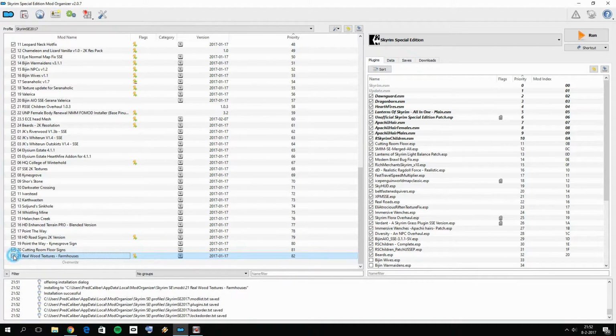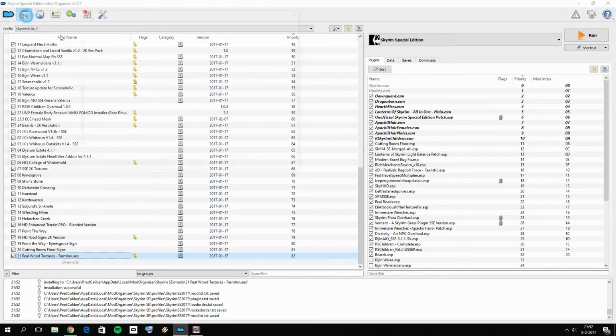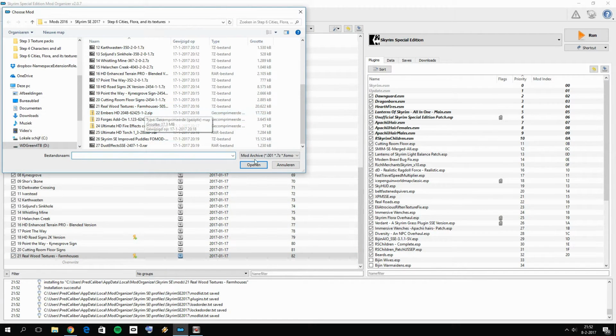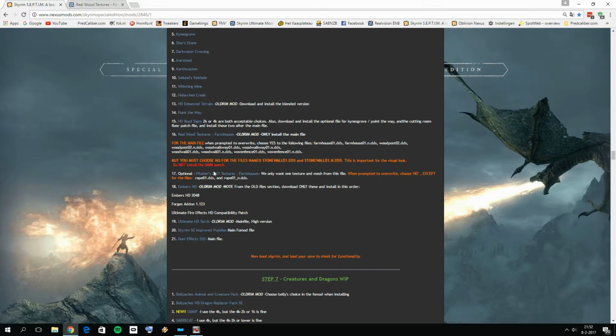Then you can, of course, and have to activate the mod. Alright, and that's pretty much it. Then we do have an optional file. Let me check if I did download that file. It seems not, I think. No, because the next one is Embers. No, I didn't install this. You can do that if you like, but